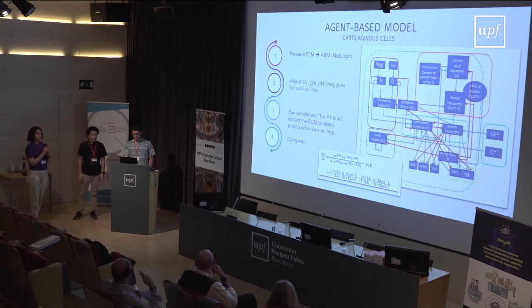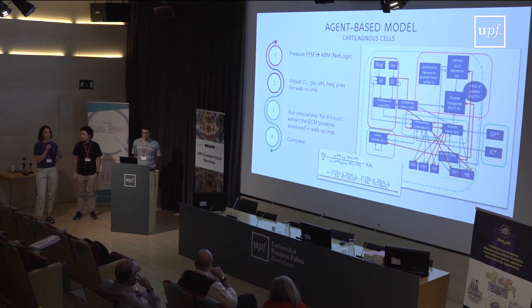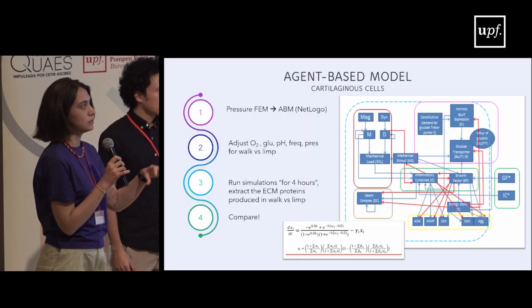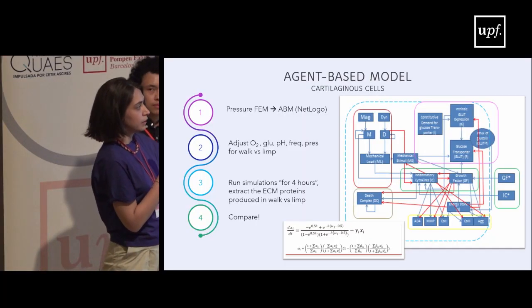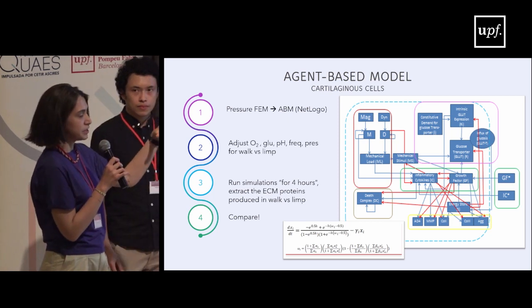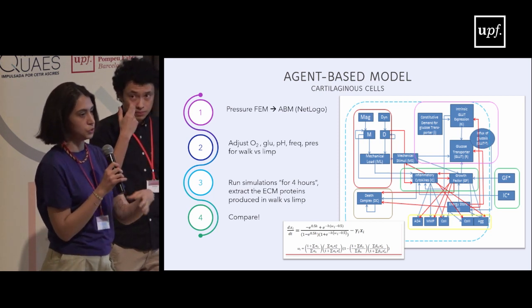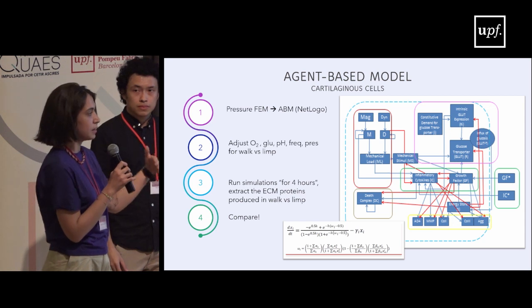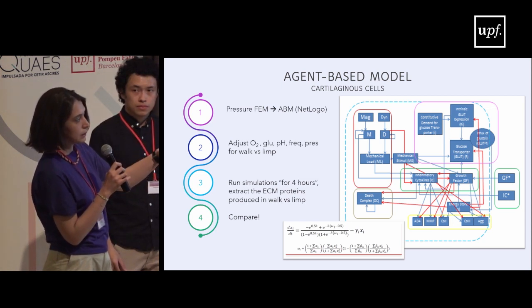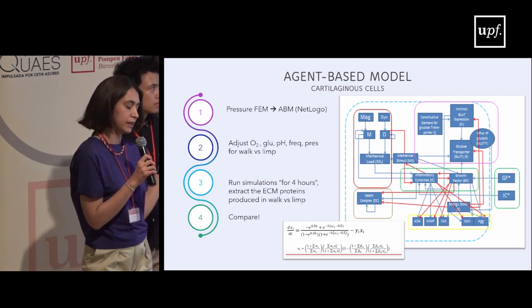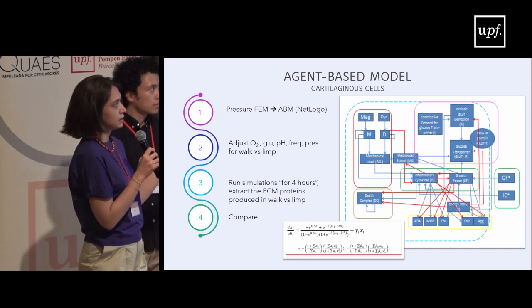Okay, so the final scale that we looked at is the molecular scale, and we use an agent-based model here to describe the cartilage cell population and what's happening inside those cells. These cells can be fed the pressure that they sense from the cartilage, and they also produce things as a response to what's happening around them. So they produce more ECM proteins or also enzymes that can degrade the ECM. So we looked at the effect of normal walking versus limping, and the force that is sensed by these cells